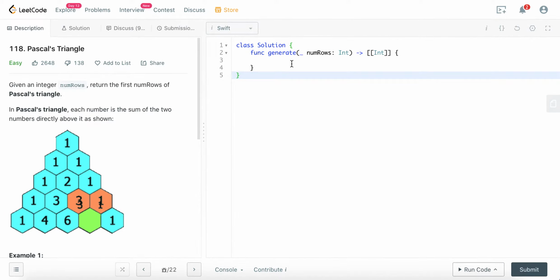Today we'll be tackling Leetcode question 118 titled Pascal's Triangle. We are given an integer parameter named numRows and we're supposed to return a nested array of integers. Now to understand this question, it will be easier to just look at this illustration here and understand what's the